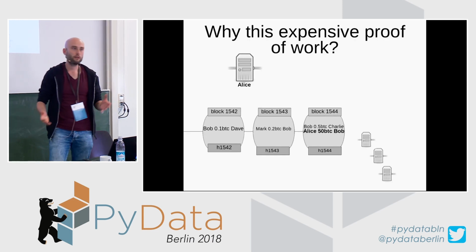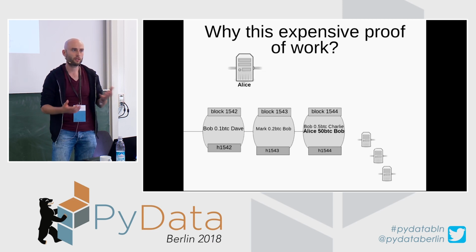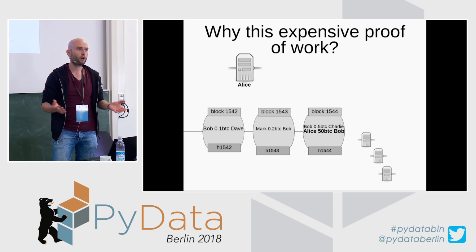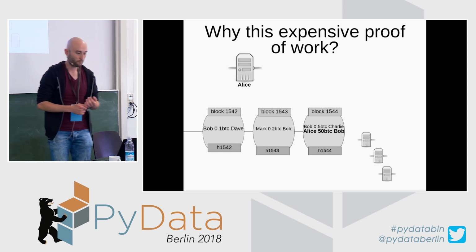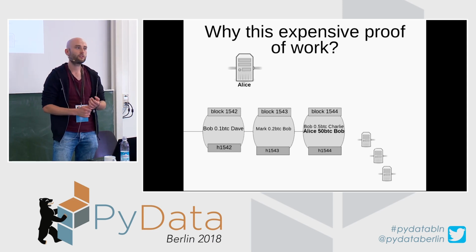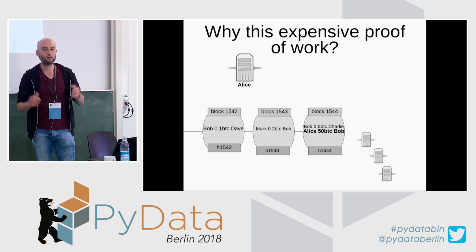You might wonder, okay, so miners have to check transactions. That makes sense, right? Because people shouldn't spend money they don't have. But why do we need this expensive proof of work? This is so wasteful, that is billions of hashes that cost so much energy. Well, the reason is this is sort of a replay protection, and this is actually the cornerstone of the blockchain that makes it secure. Because assume that the proof of work was not expensive and we could easily create new